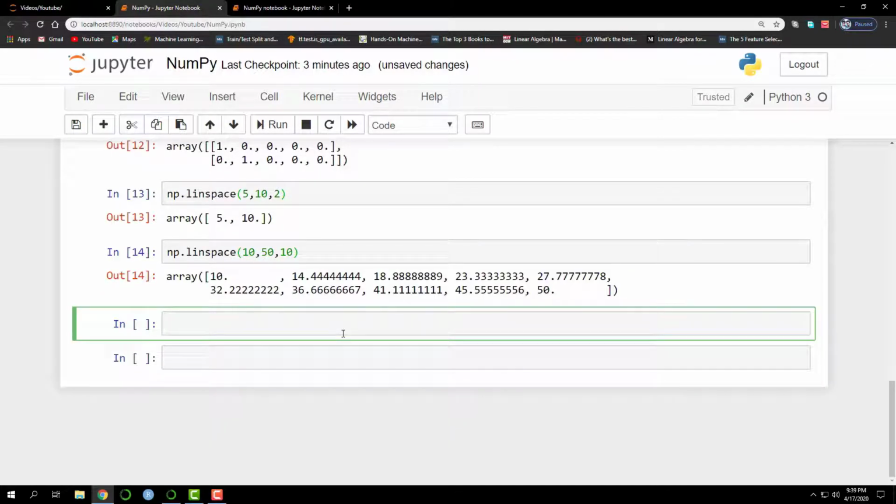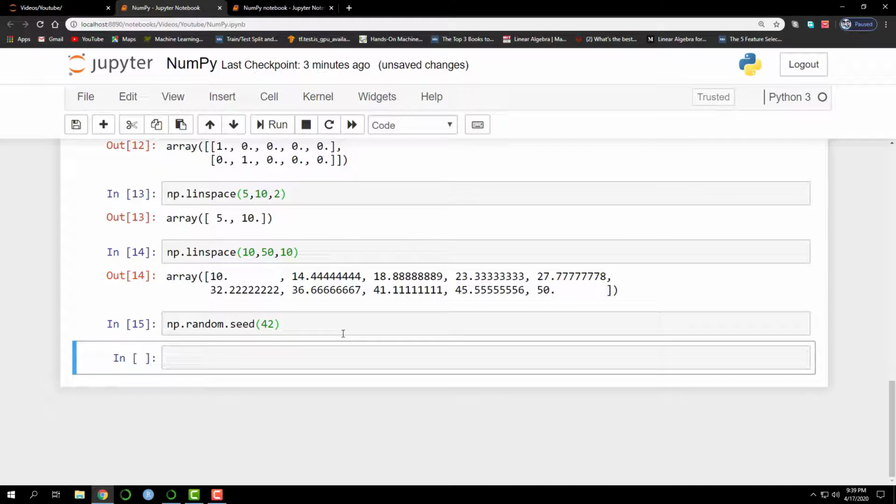The third method of creating NumPy arrays is using special library functions. First, let's discuss np.random.seed. When you are requesting a random number, the computer runs an algorithm from a seed. So, if you are setting this seed to the same number on two different computers, then it is going to return the same random value. To set the random seed, simply type in np.random.seed. In brackets, you type in the number which you want. Here in this example, I am using np.random.seed of 42.